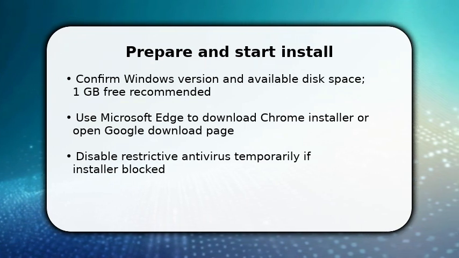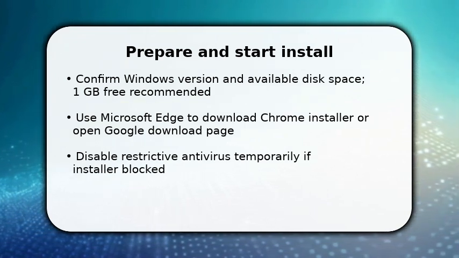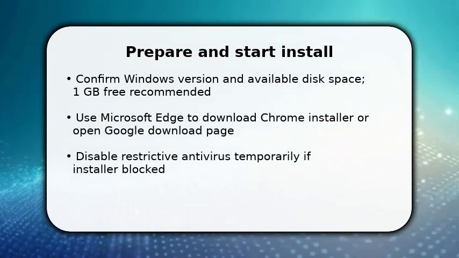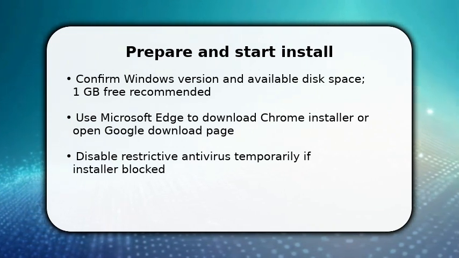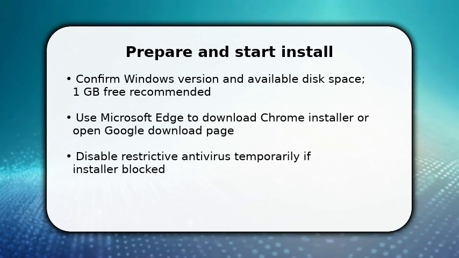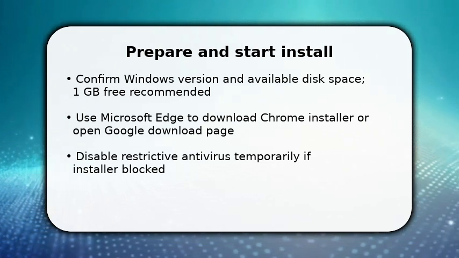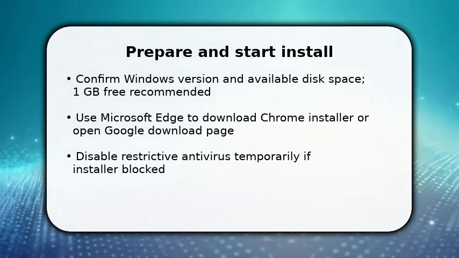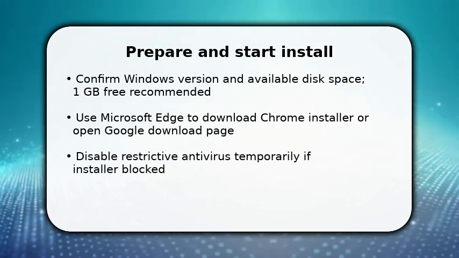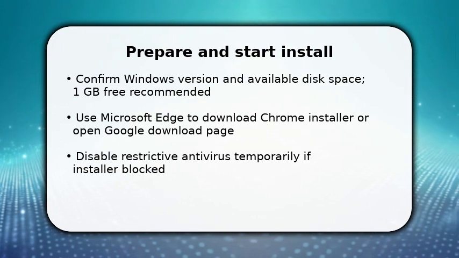Next, launch Microsoft Edge and search for the official Google Chrome download. Do not click unknown links. Once located, click the download button and save the installer to downloads. If a smart screen or antivirus blocks the file, temporarily allow it so the installer can run, then proceed to